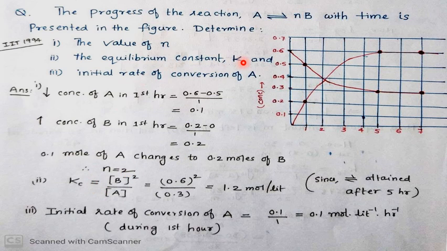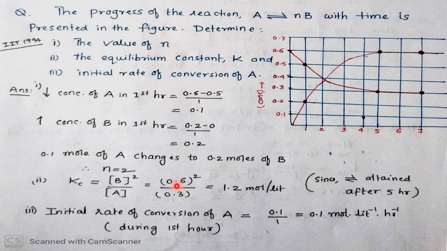The equilibrium constant we have to calculate. I hope you learned in 11th science how to write the equilibrium expression. Kc equal to, check the left hand side and right hand side, product side, take the product concentration. What is the stoichiometric coefficient here? 2. So B power 2, because already we are getting 2 here, by A.